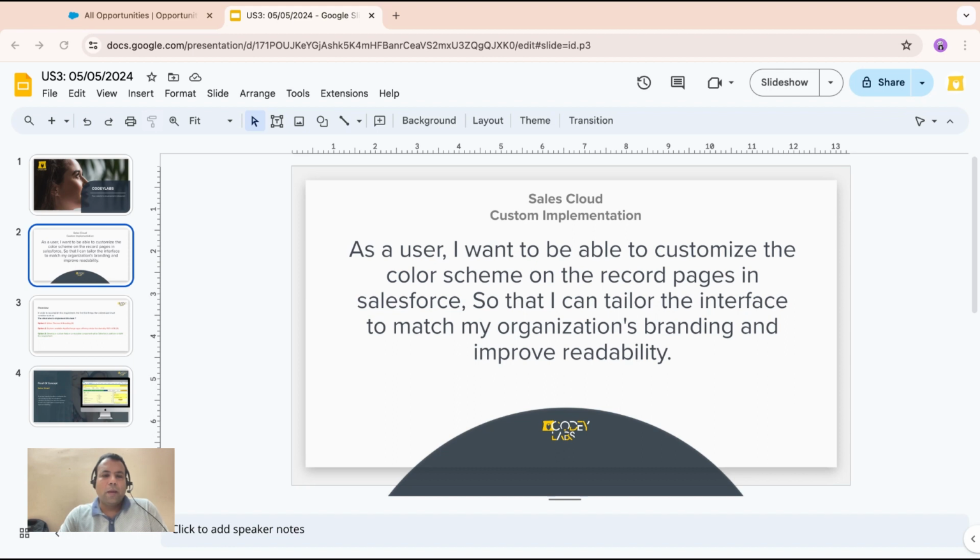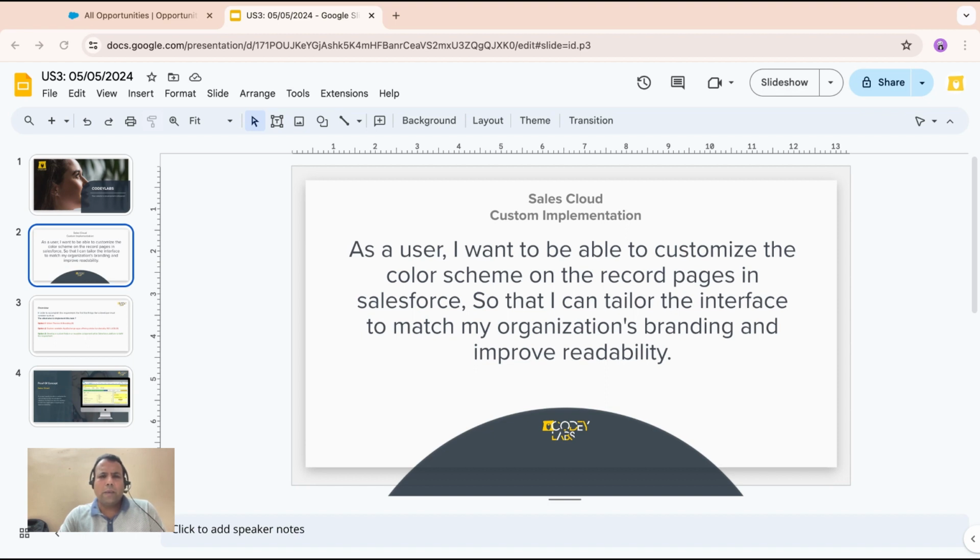Recently, one of our customers reached out to us with a raw problem: "Hey Codeylabs, my sellers are asking if we can change the color of the components on the opportunity record page and make them more colorful and cheerful. As they use opportunities in their day-to-day business, they find it really boring seeing the same color scheme across the app." All right, so this is what we received